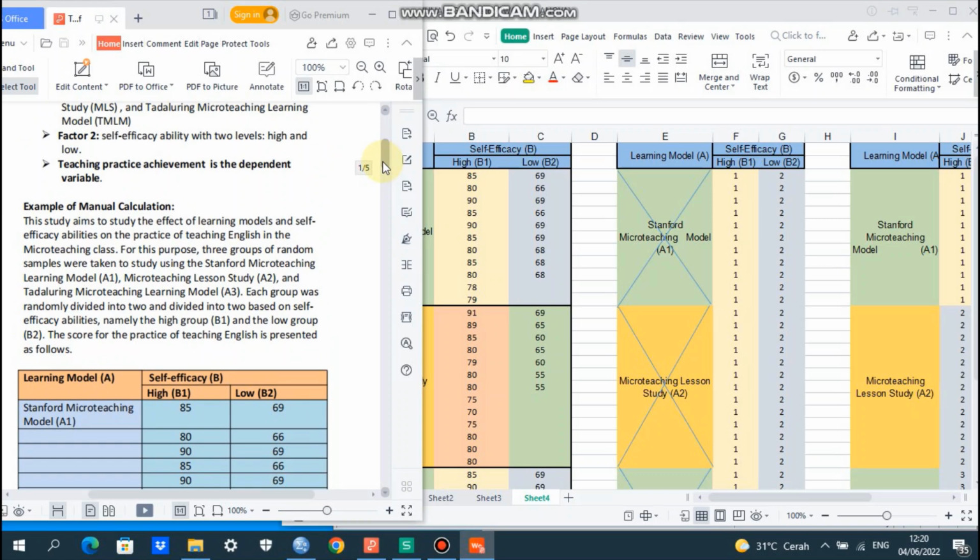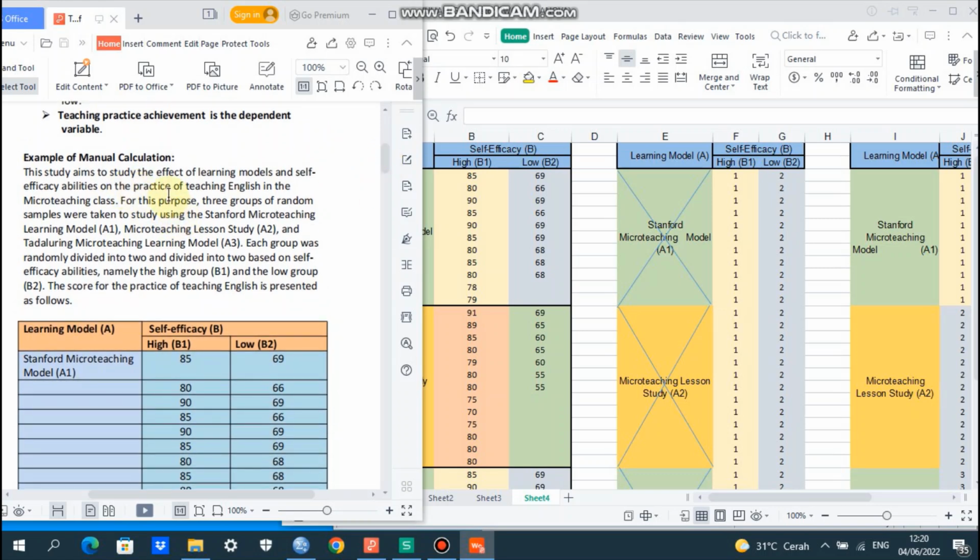Okay. We go to next here. I will give you an example of manual calculations. This research aims to study the effect of learning models and self-efficacy abilities on the practice of teaching English in micro teaching class.